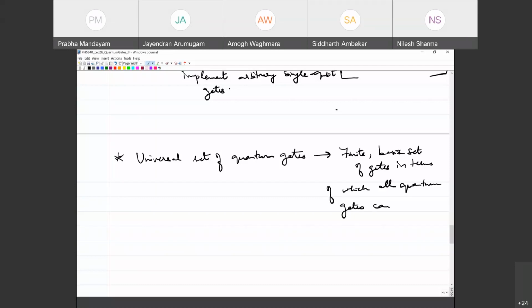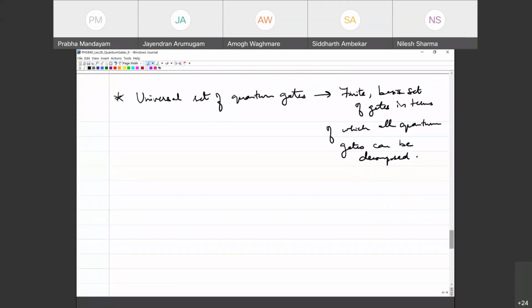If this must be true, then I must have the ability to also do multi-qubit gates, right? This requires